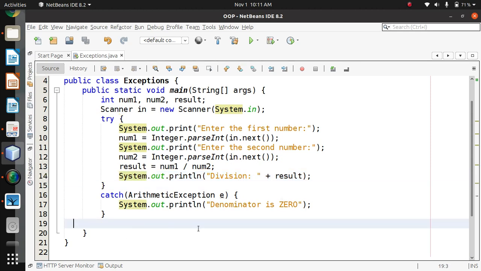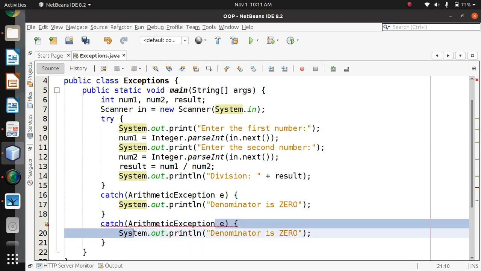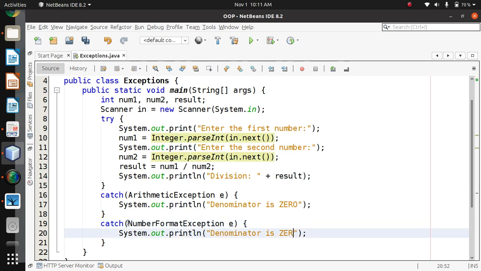You can write it in finally also. So we catch the arithmetic exception, and multiple exception catching is also possible. So let's catch NumberFormatException, and the message is: input is wrong. When the input is wrong, number format exception will be caught and this message will be printed. And the program will not be accidentally terminated, it will just show it. Remember that. So this is how I have added it.